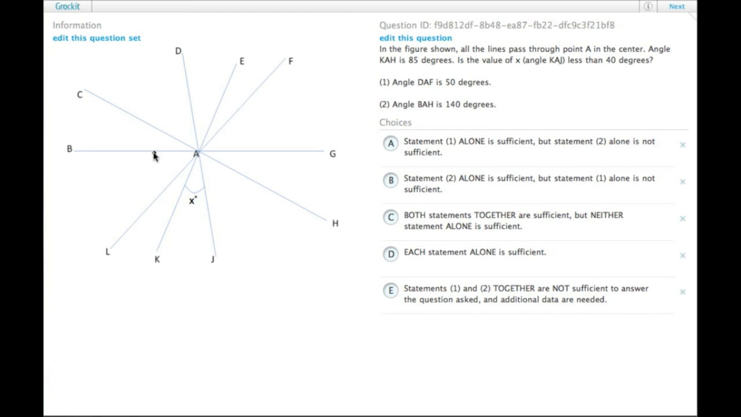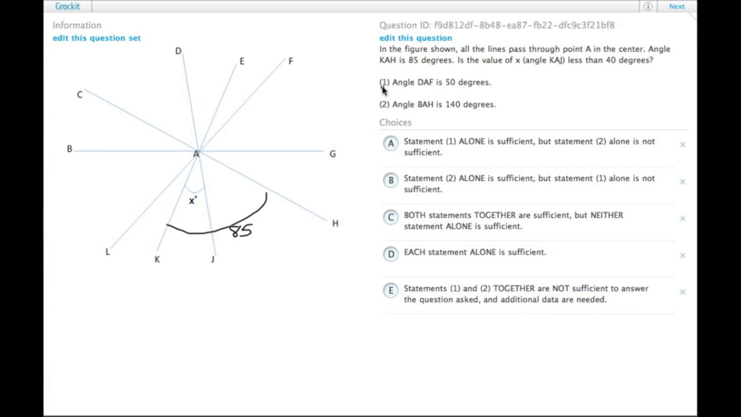Okay, so we have a lot of lines going through the center A, and angle KAH is 85 degrees. So we know that this angle is 85. And we're trying to solve for x. Or actually, we're trying to just know whether it's less than 40. We don't actually need the number if we can figure that out some other way, but the real number would